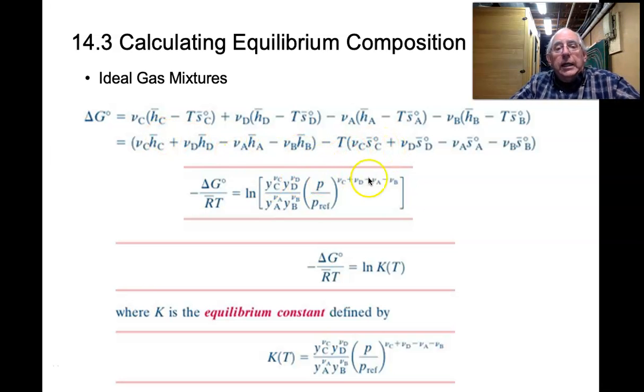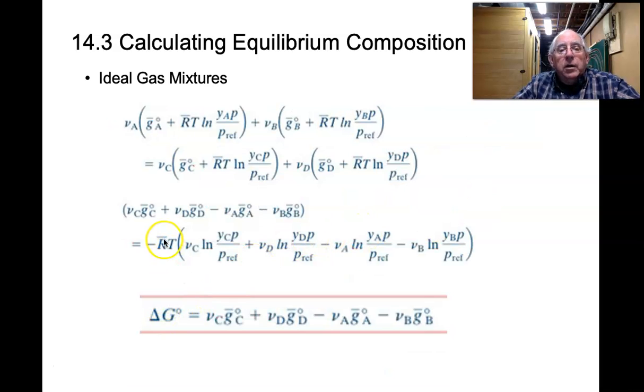But most importantly, if we go back here and say that this was delta G0 and divide it by minus RT, what we have left over on the right-hand side of the equation are these natural logs of the various partial pressures, multiplied by the various mole fractions of the individual components within the mixture, as well as the nus, which are the stoichiometric coefficients for that reaction